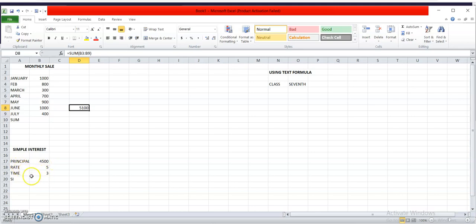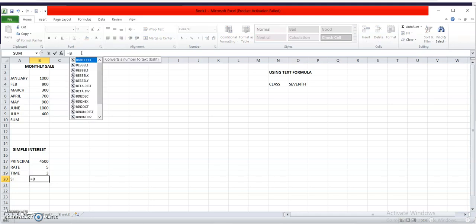The next example is, if you want to find out the simple interest, let us suppose the principal is 4500, rate is 5, time is 3 years, and we want to find the simple interest. Then how can we find it? First of all, equals to, then write down B17 into, the formula for the simple interest is principal into rate into time divided by 100.